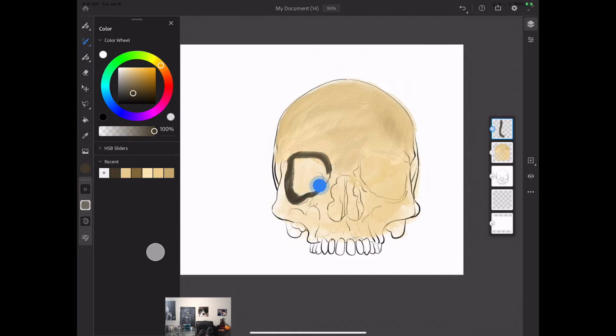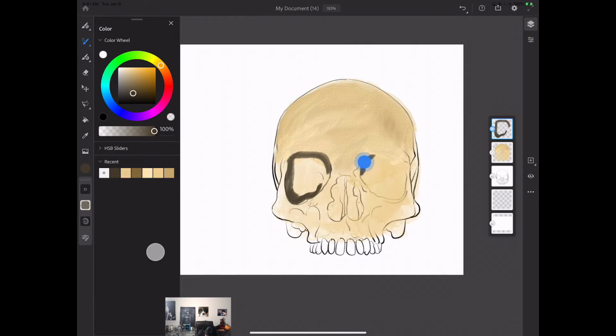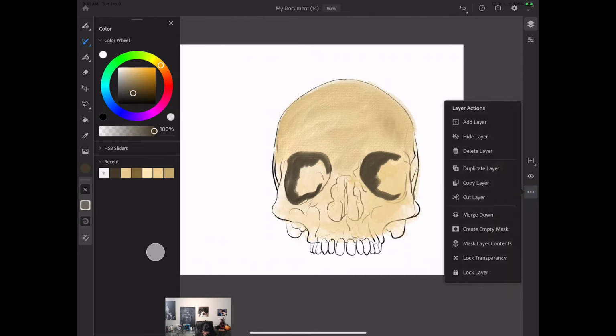Because I'm using a separate layer, I can bring down the opacity of this layer at any time. Again, guys, everything is up to you. Just like this. I will increase the size of my brush, and I will add a few more splashes of this color, just like this. Now, I will merge all my layers with new colors together, just